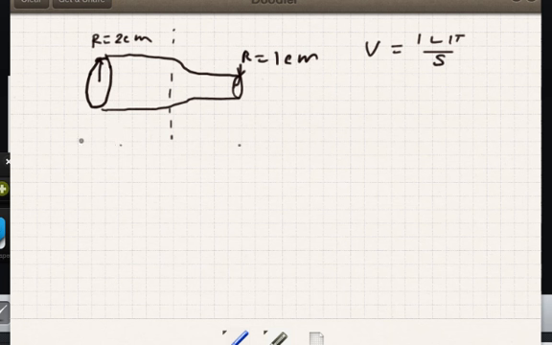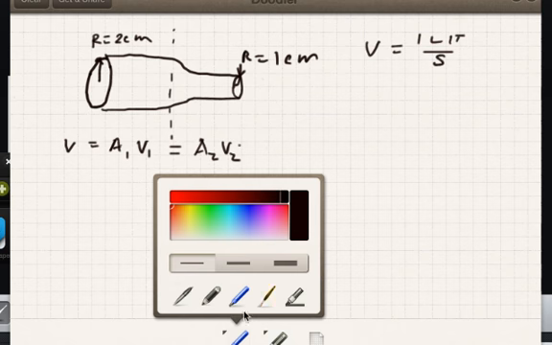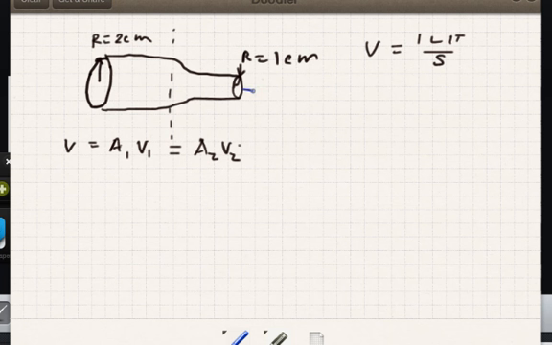So what changes? Well, we know the volume flow rate is equal to the area times the velocity, which is equal to area 2 times velocity 2. So since this is a smaller area, we're going to get a larger velocity out of that section. So the velocity vector will be larger here than it is here. A1 is bigger than A2, and therefore V2 is bigger than V1. All right, so